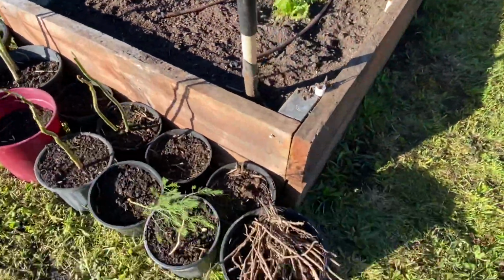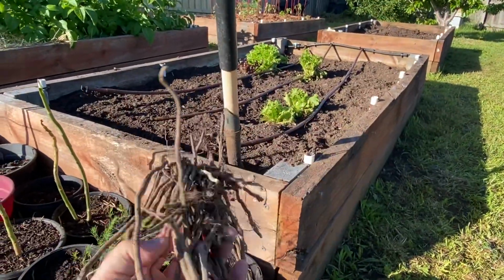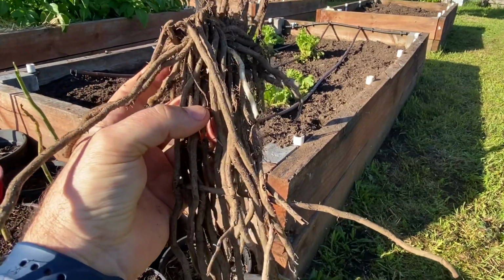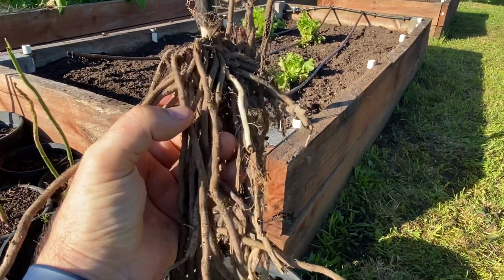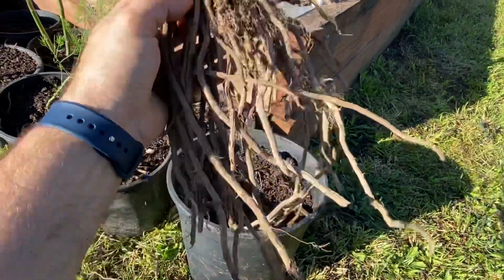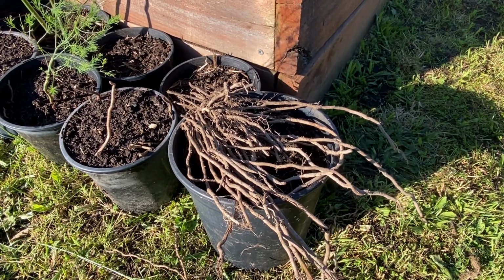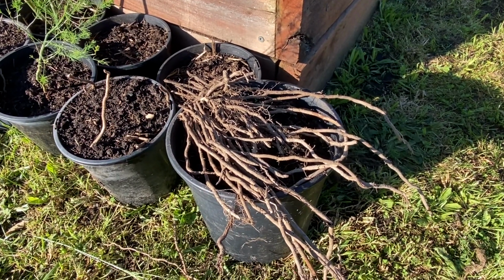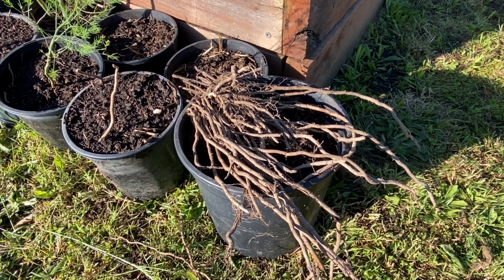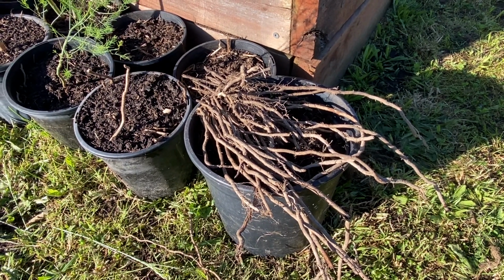Just worth, if you haven't seen asparagus, this is how you buy it. This is how it comes. It's like just this massive roots. And you make a little mound and you spread those roots over the mound and then put the soil down over the top of them. So you can buy your asparagus like that in the winter, and then plant them, and then yeah, it can take a couple of years to get good asparagus, but it keeps cropping each year, so you only have to